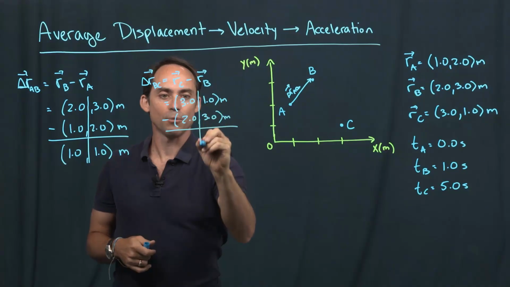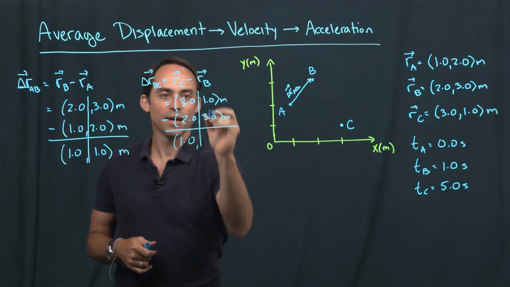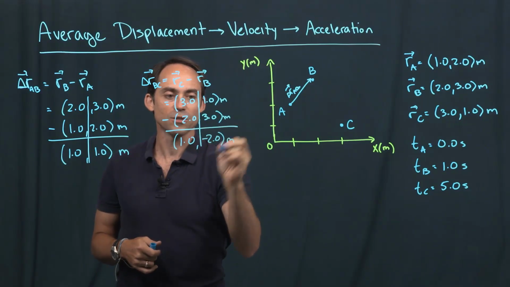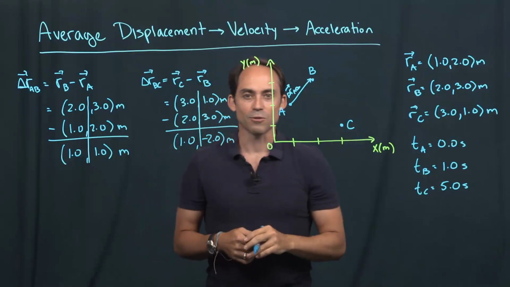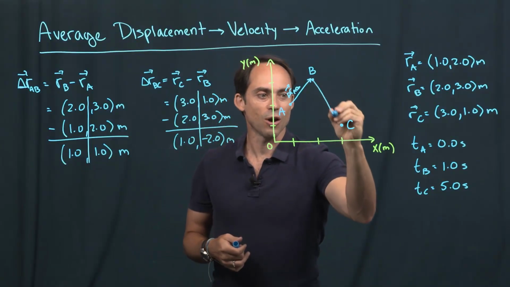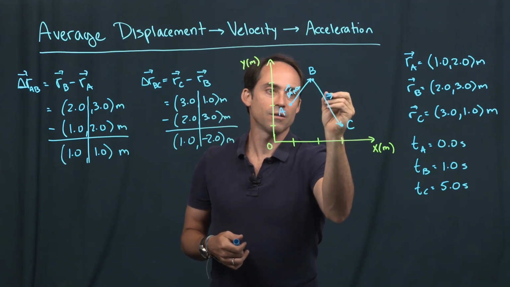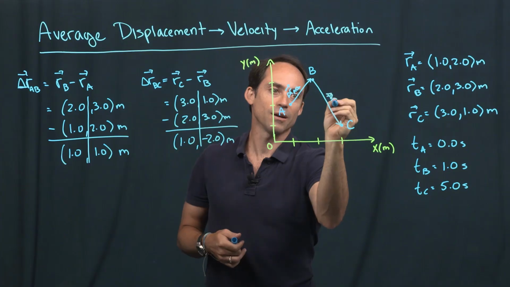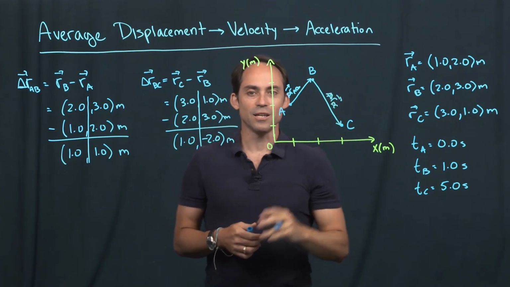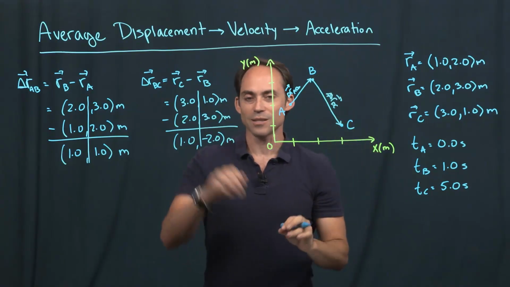All right, if I separate these out, 3 minus 2 is 1, and 1 minus 3 is minus 2.0 meters. So that's my displacement vector from B to C. And again, I can double check this graphically by just drawing that vector, delta r. Very hard to write this way. Okay. And indeed, to draw that, I had to move over one spot and down two, and that's consistent with